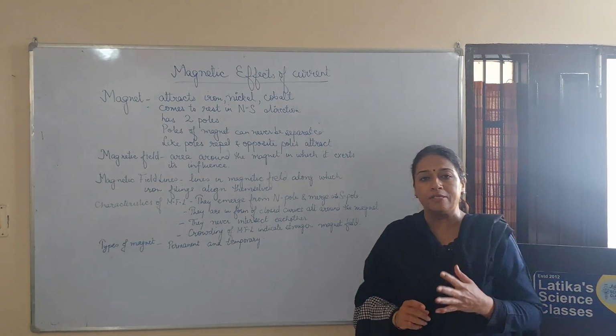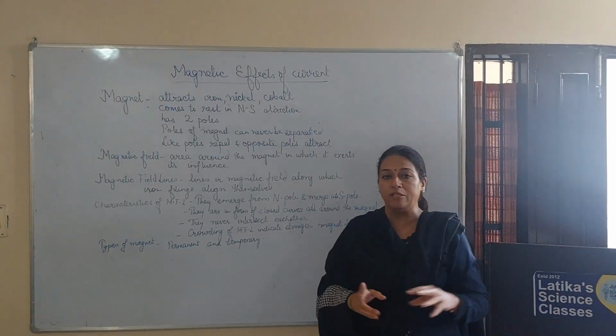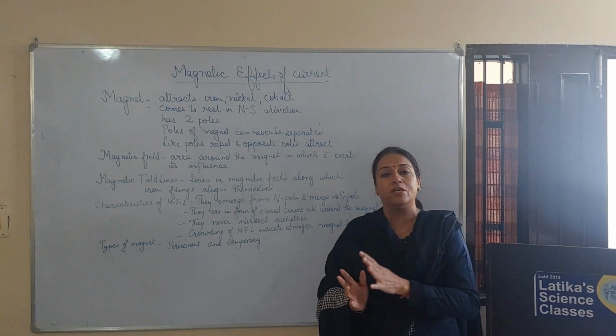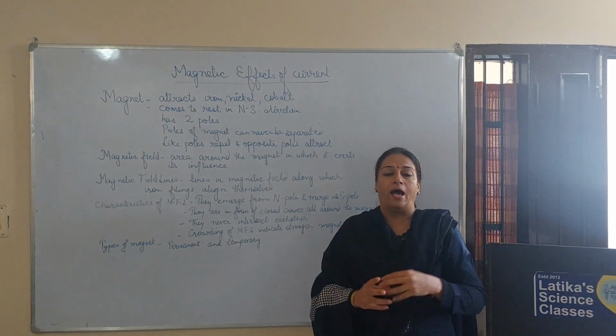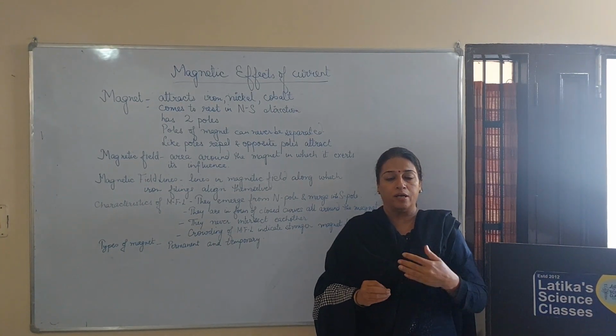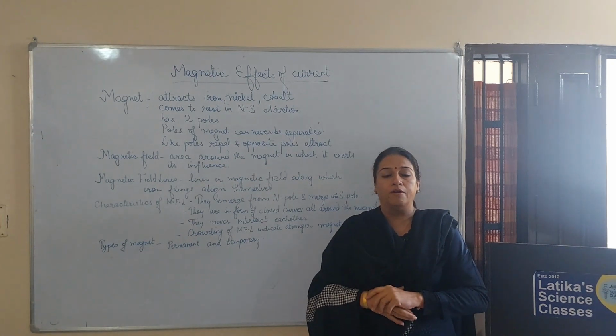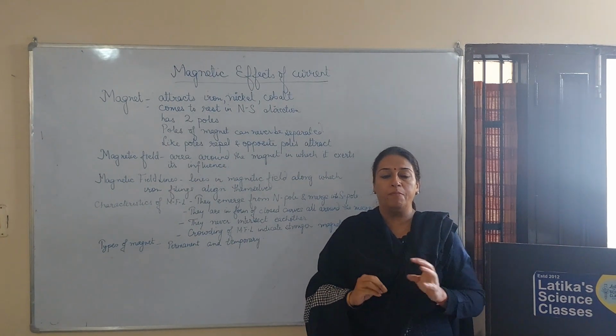And we have basically two kinds of magnets, the ones which are natural and the ones which are man-made. And we'll be talking next about the differences between the permanent and